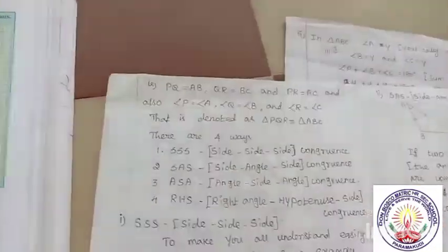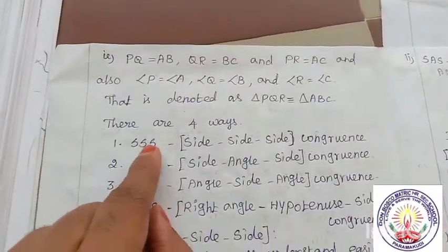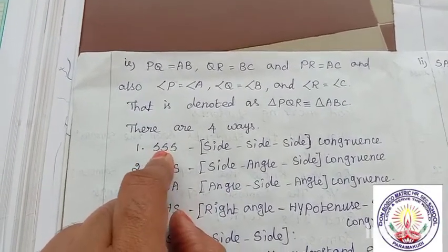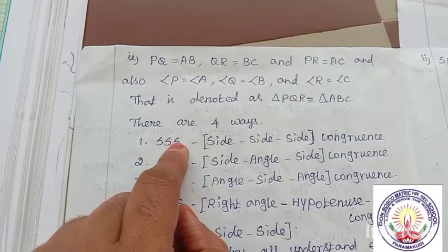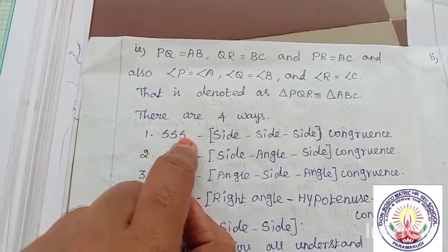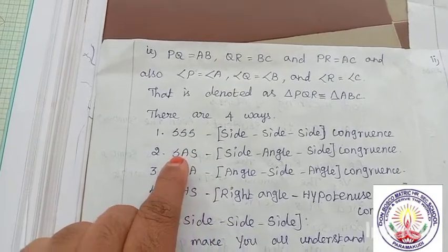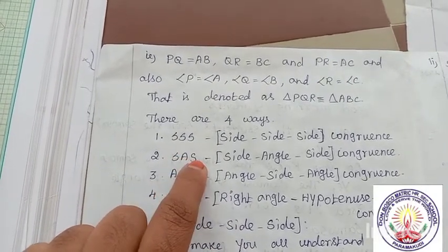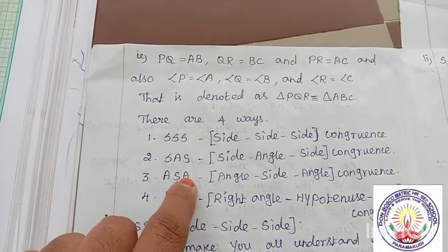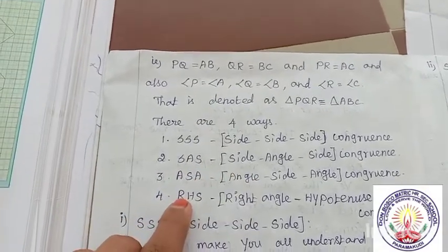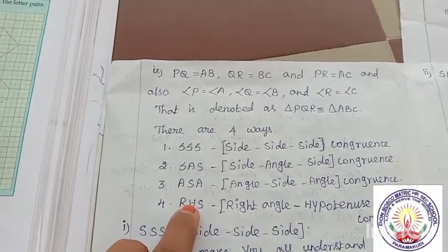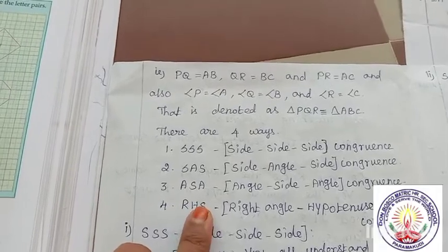There are 4 ways. First way, side, side, side: a triangle has 3 sides. Second one, side, angle, side congruence. Third one, angle, side, angle congruence. Fourth one, RHS. RHS means right angle, hypotenuse, side. Okay. First one,